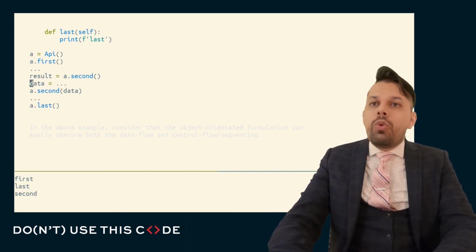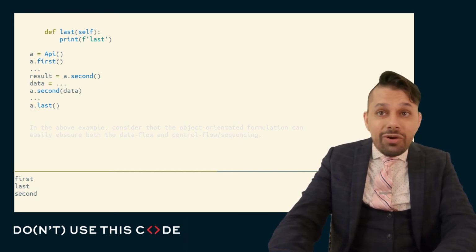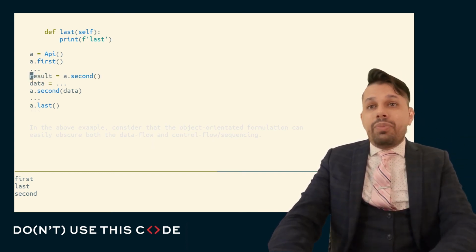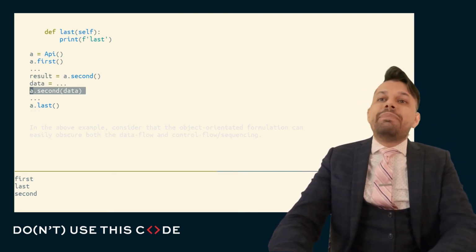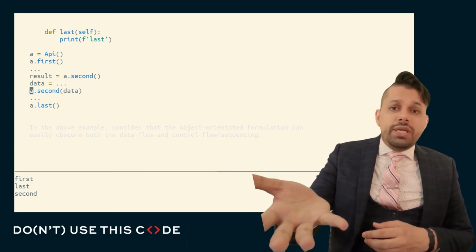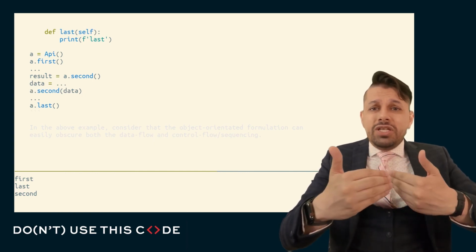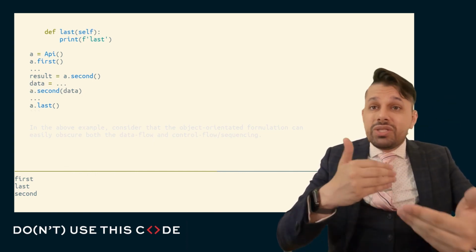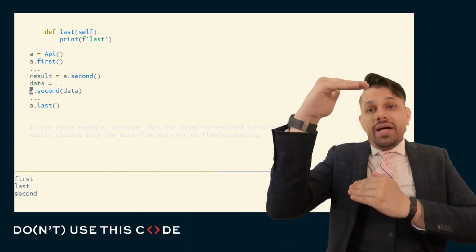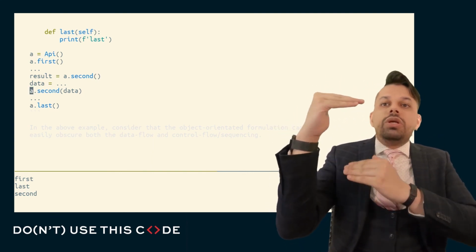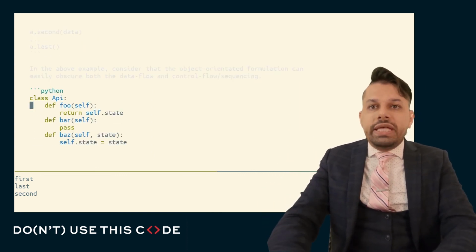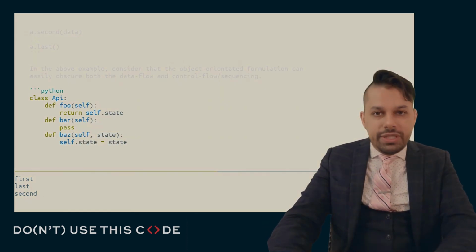And additionally, we wouldn't be able to send data in and out. So we might, for example, take a result from the second operation, compute some data, and send it back in and do the second operation again. In a database query, think, for example, you run some query and then based on that query, you make a decision about whether you want to continue to do queries or you decide which query you want to run. Well, we couldn't do that in a single big-bang function implementation. We need some way to split this up. Well, it turns out that the Python generator gives us the ability in order to represent